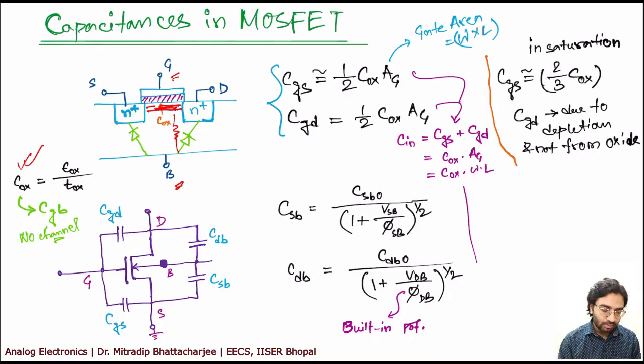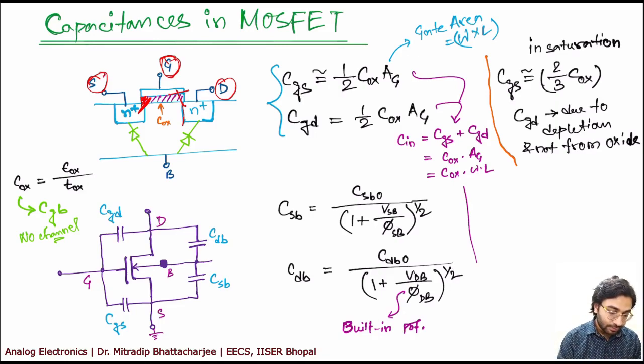Okay. However, apart from this, you will see that there are different other capacitances between gate and drain, because this is your drain, this is your gate. So you will have a capacitance between them. You will have a capacitance between gate and source. You will see some of the oxides are overlapping, so you will find some capacitive effect over there as well. Apart from this, you will have some capacitance between source and bulk, and drain and bulk.